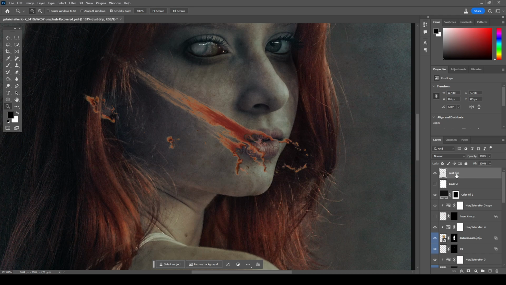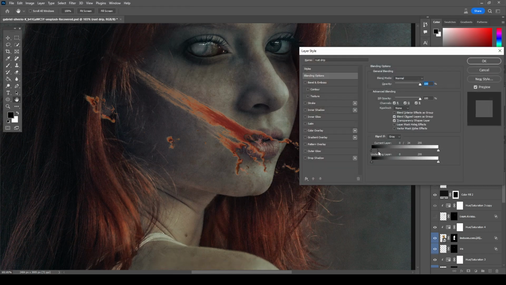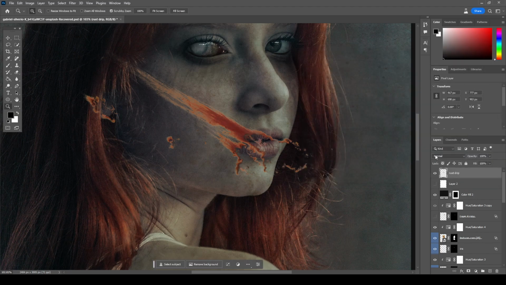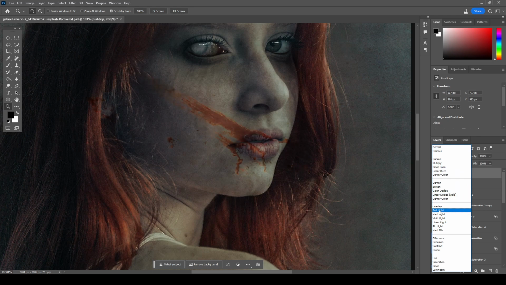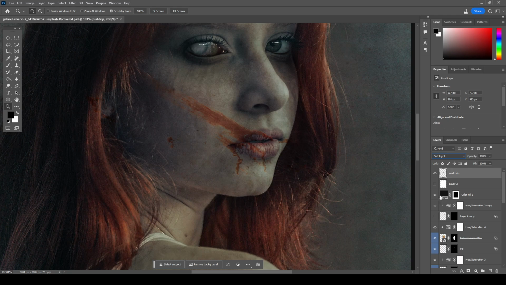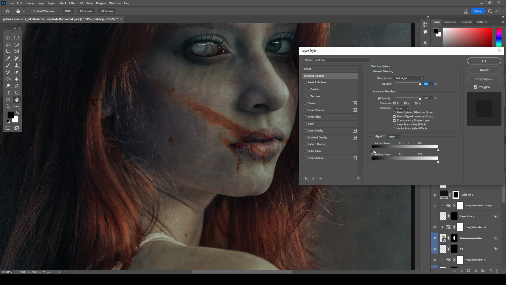So what I'm going to do is use something called Blend If, and I'm going to soften. Actually, before I do that, let's change the blend mode to soft light. This is going to make it more translucent, like see-through, and it looks more like it's on her face right there. Now, all of these do different things for different textures and different opacities. So soft light is the one that I'm going to use for this one. And now I'm going to use Blend If, and I'm going to soften those edges a little bit